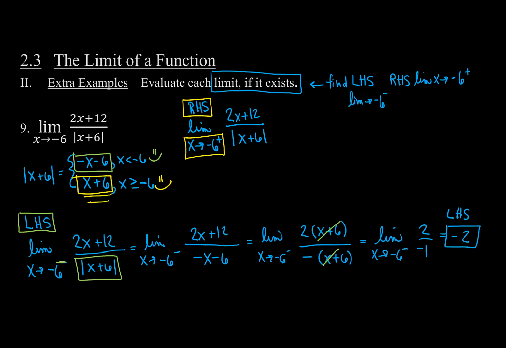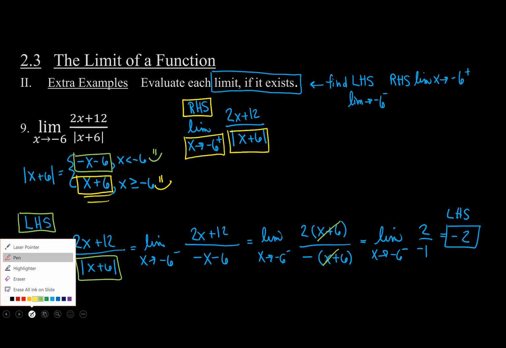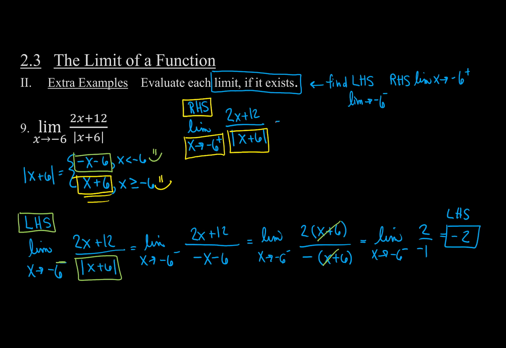I'm going to use x plus 6 instead of the absolute value of x plus 6. So let's make that substitution. So the limit as x approaches -6 from the right of 2x plus 12 over now just plain Jane x plus 6